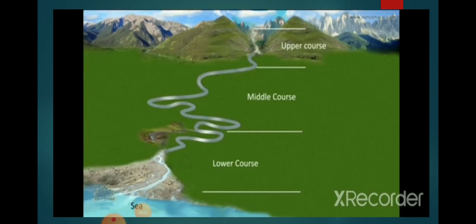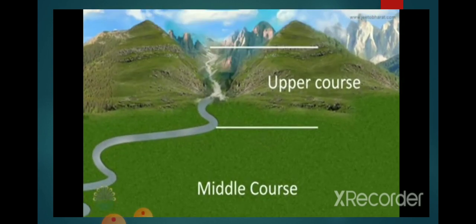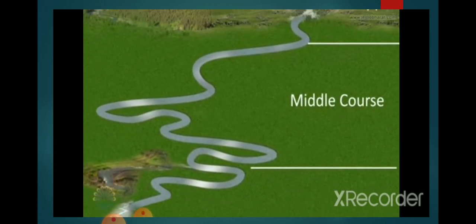Meanders. The course of a river comprises three distinct parts. First is the upper or the mountain course where the river originates. Here, the velocity of the water is faster due to the steep gradient. The floor of the valley is narrow and the valleys are V-shaped. Second is the middle or the valley course where floors are wider and the sides of the valley are more gently sloping. Here, the velocity of the river is slower than the upper stage. Meanders are typical landforms found in this stage of the river.